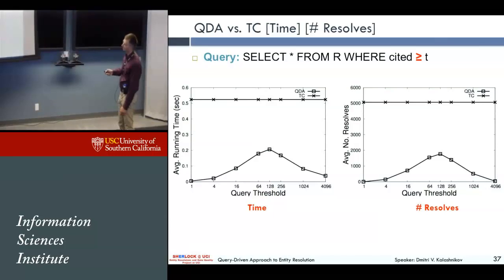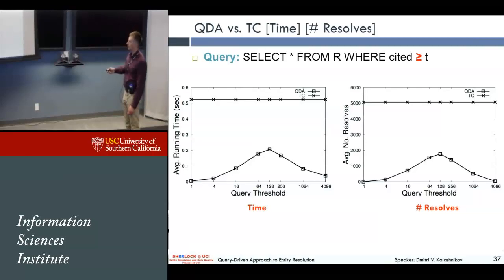Instead of plotting running time, we're plotting the average number of results. The idea here is that you see these two plots mimic each other. Why? Because these two plots show that resolve is the bottleneck of entity resolution in this case. And so what happens here is that